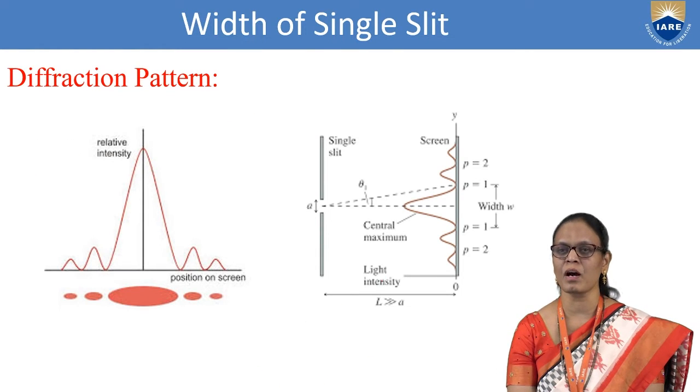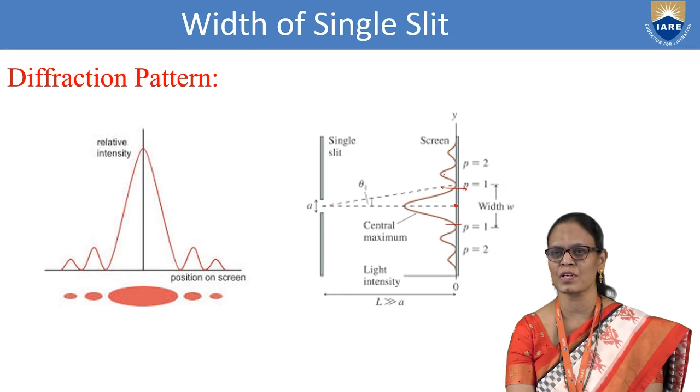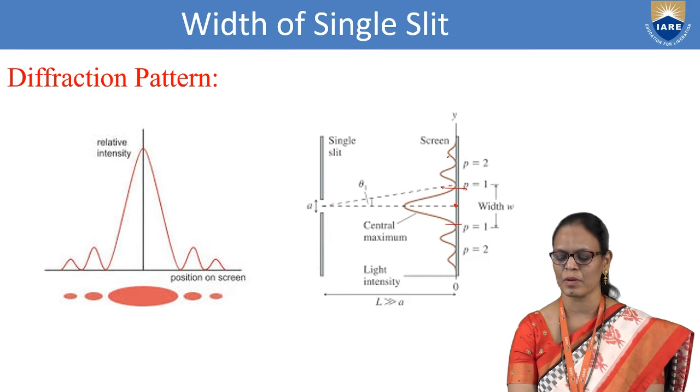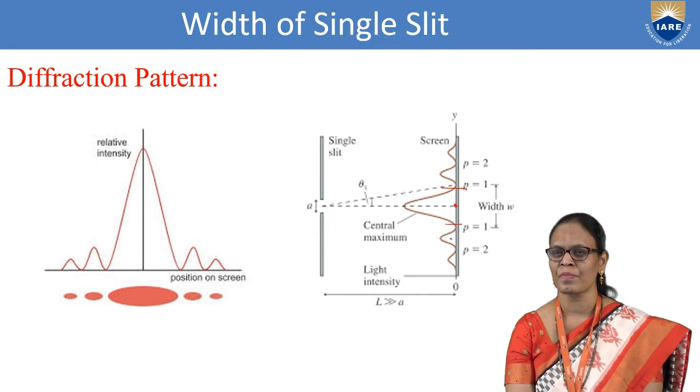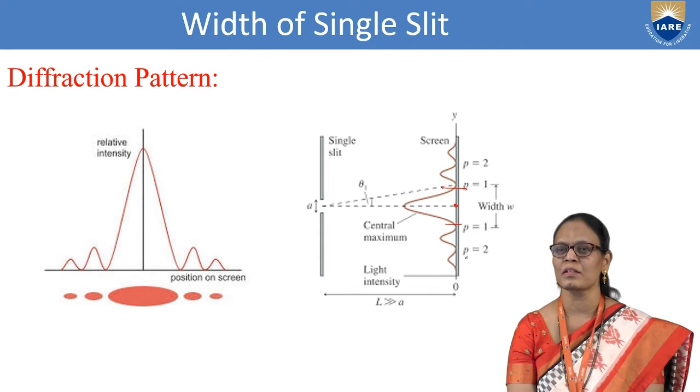So let us understand how to measure the distances now. If this is the central maximum, the light from the slit comes and falls. Those rays which are going straight will reach the point at the center, and this corresponds to the central maximum. On the left, you have n equal to 1 and n equal to 2: first order secondary maxima and second order secondary maxima. And again on the right, n equal to 1, first order secondary maxima, and n equal to 2, second order secondary maxima.